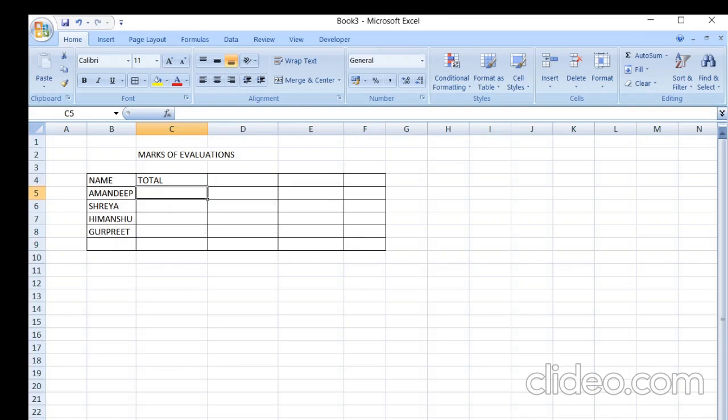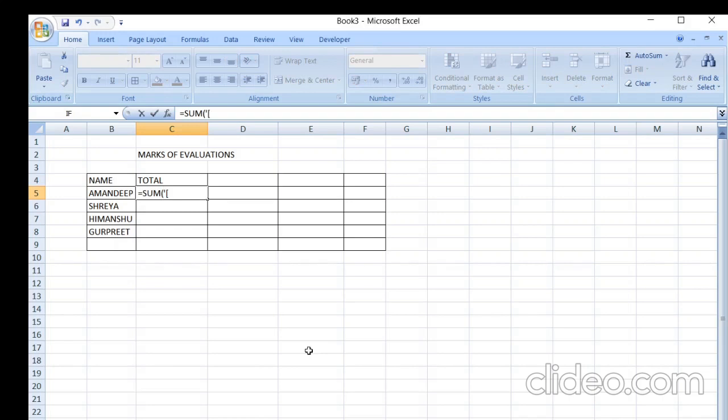Now in this video I am going to tell you how to put the formula for picking up the data from another file. I am doing the total. I need to start with the equal to sign. I need to write SUM. Then I need to write the round bracket. In the round bracket, you will start a single comma.